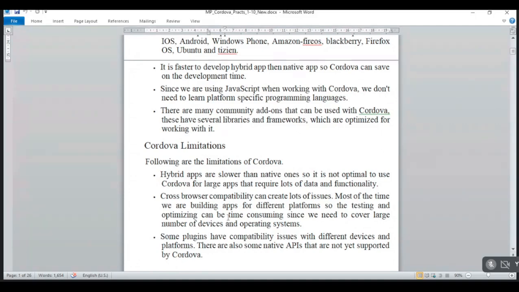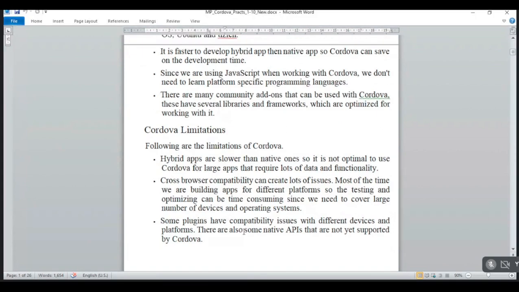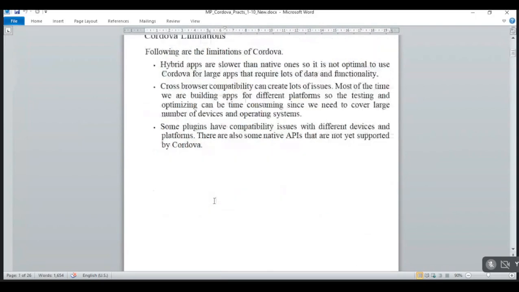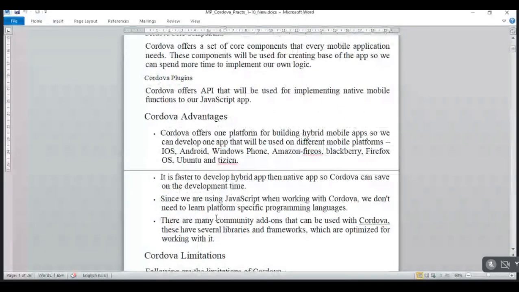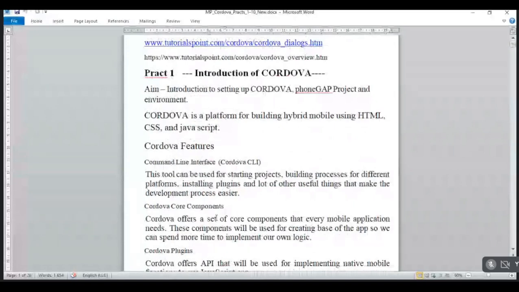This is the second limitation. Third, some plugins that we apply have compatibility issues with different devices and platforms. There are also native APIs that are not yet supported by Cordova. This is the most important limitation of Cordova. So these are some of the limitations, advantages, and features of Cordova.